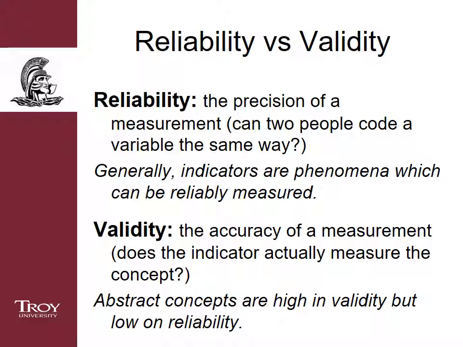And generally, when you pick indicators, almost by definition, an indicator is some aspect of a phenomenon of itself that can be reliably measured. So I want to measure the industrialization of a nation. Well, the tons of pig iron they create, that itself is a phenomenon. It is related to the overall phenomenon of industrialization, and it can be reliably measured. How much pig iron is there? And there's not a lot of dispute about that. There's 1 million tons or 2 million tons, and